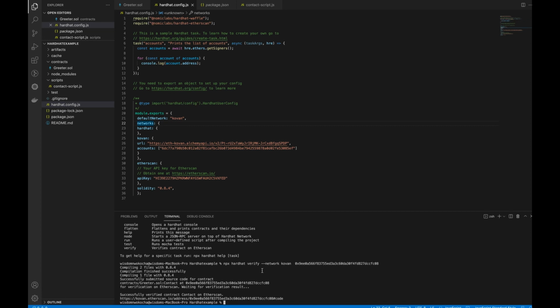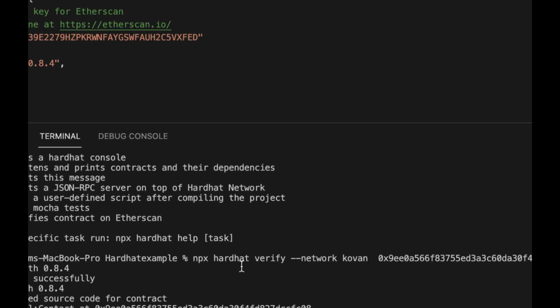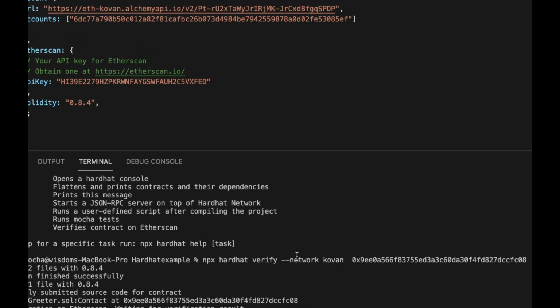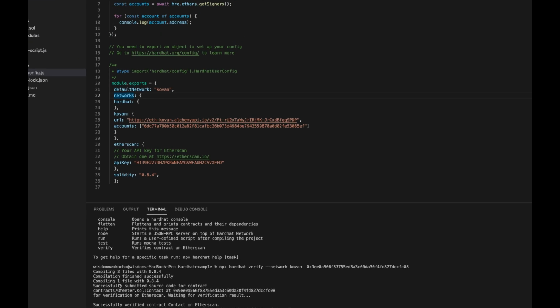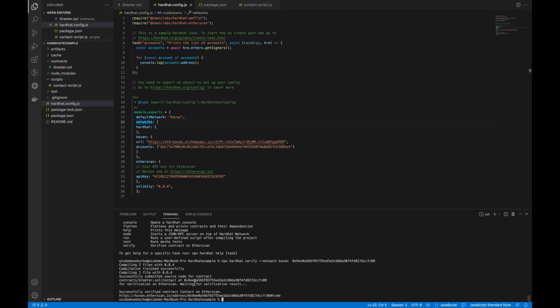After typing this command, npx hardhat verify --network kovan, and you type your address to verify, you get to see that the compilation finished successfully, and you also successfully submitted your source code for contract, and you get to see the address has been verified successfully also, giving the direct URL for you to check